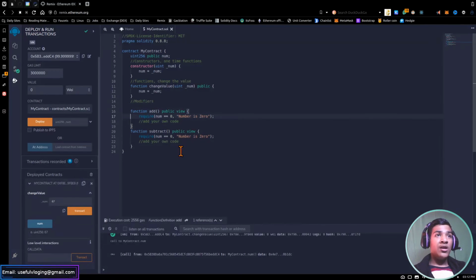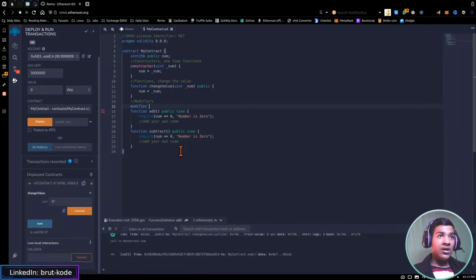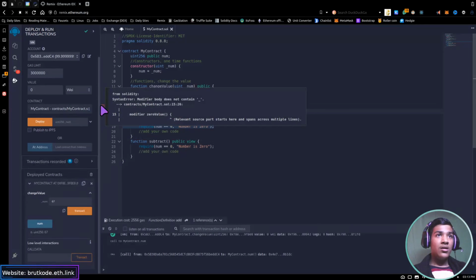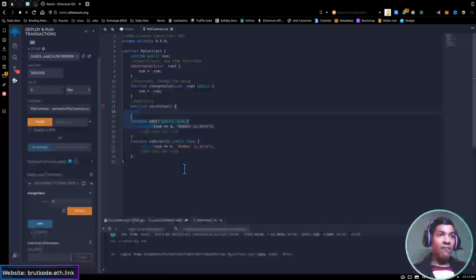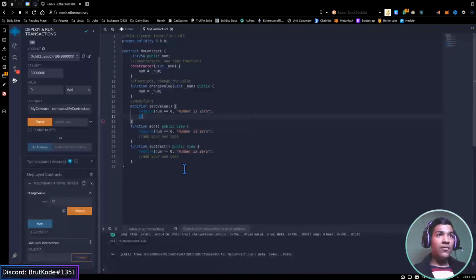So instead of adding these lines in the functions, you could just copy it and write modifier, and name it, let's say, zeroValue. Basically now we would set the require statement over here,